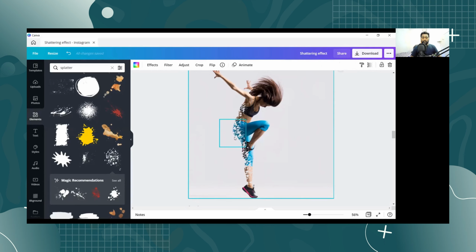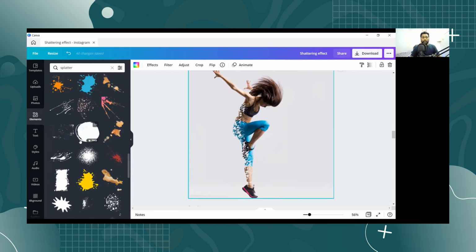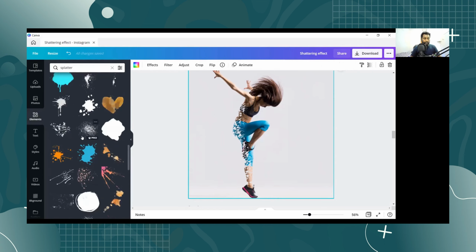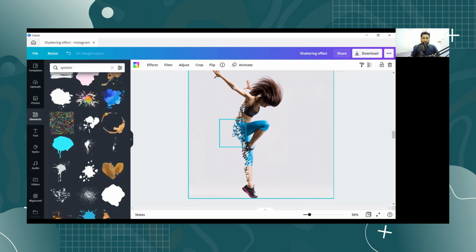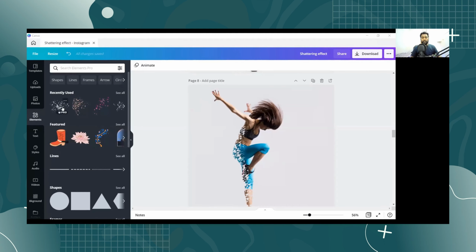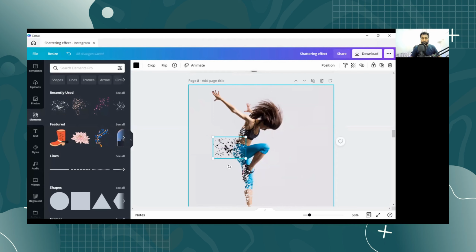Now we have added all the elements with the background color. In the second stage, we will select a different element from the splatter and add it here with the photo color. We will take another element like this one and place it on top of your photo, giving it whatever colors are used in the photo.